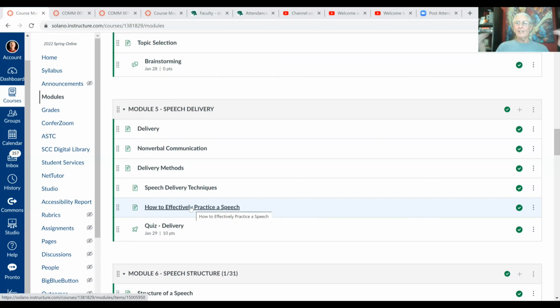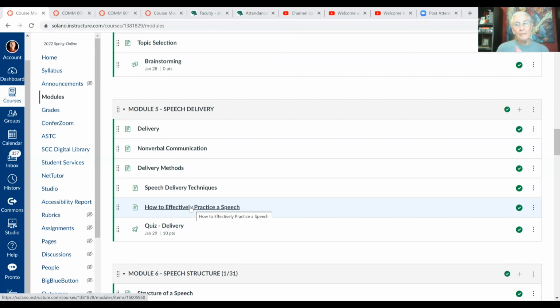And then you also make sure you spend some time here because I give you the best way to effectively and efficiently, so you're not wasting time when you're practicing the speech, and it's all based on the premise, repetition is the key to retention. The more you practice something, the more you're going to remember that information.